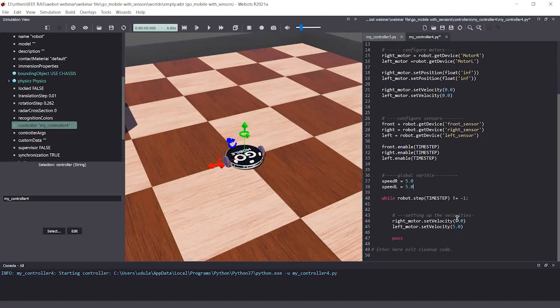This variable I'm going to use as the speed, speed R, and then similarly here. I think you are understanding this. So now our robot is going backwards. To prevent this, I'm going to multiply this value by -1. Let's see what will happen.